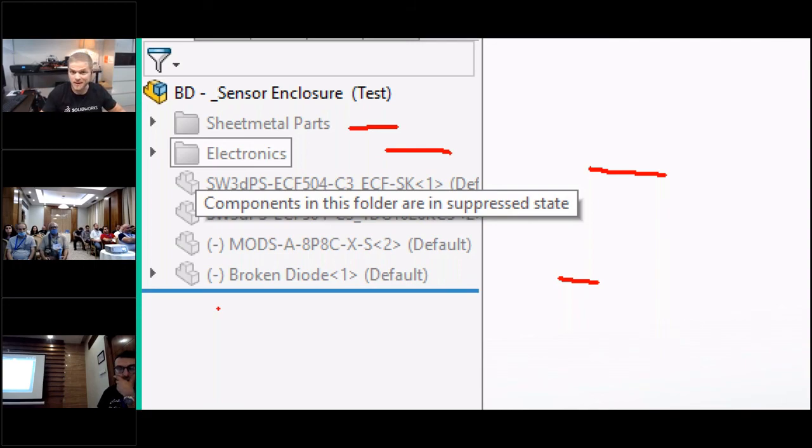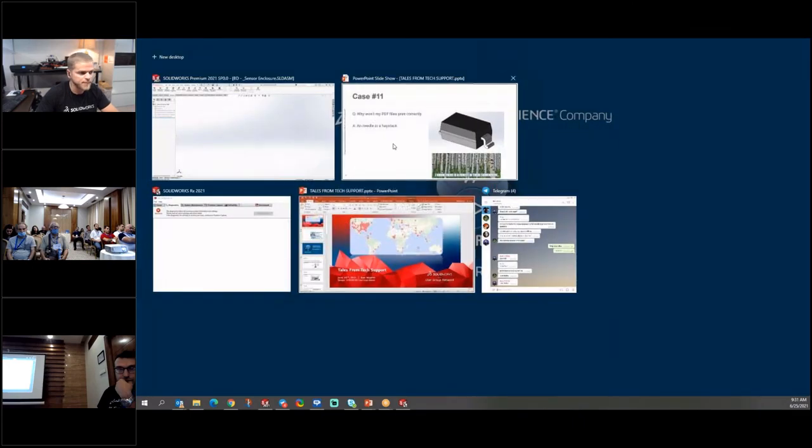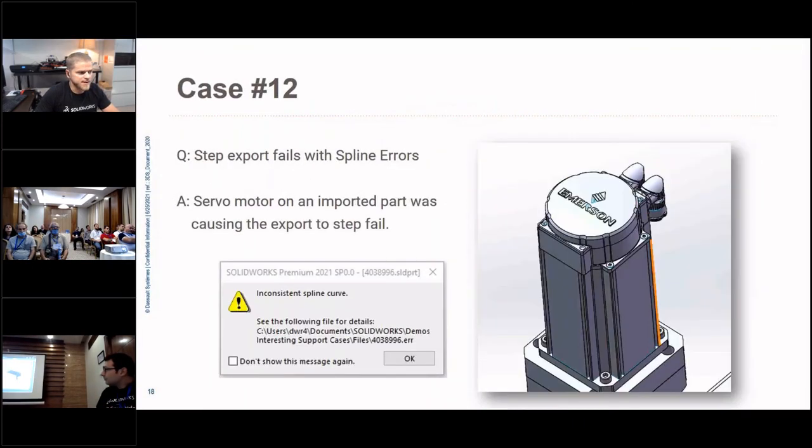Bring everything back one part at a time until that problem comes back, until you see that problem, until those drawing views go to draft quality all of a sudden. So that's how you would walk this problem back: you do this one step at a time and try and find out the part that's causing all your problems.